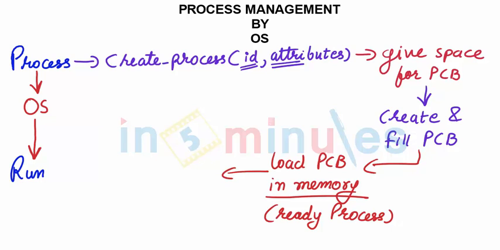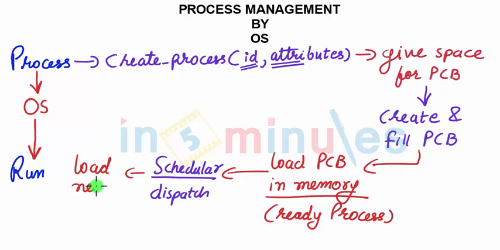After loading the PCB in the ready process queue, there will be a scheduler. The scheduler will simply dispatch a given, or rather selected, process for execution. Now, is it going to execute directly? No. We will further load needed resources. By loading needed resources, we mean a printer, some file, some database access, or some IO that is required. And after doing all this, we finally come to a situation where the process would run.